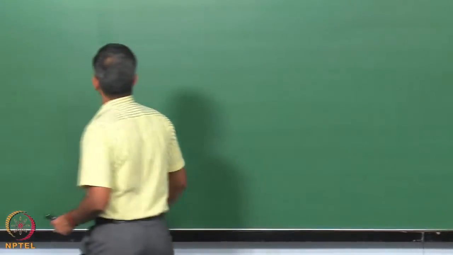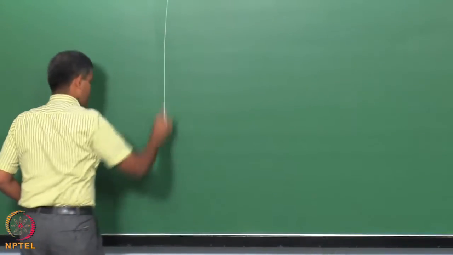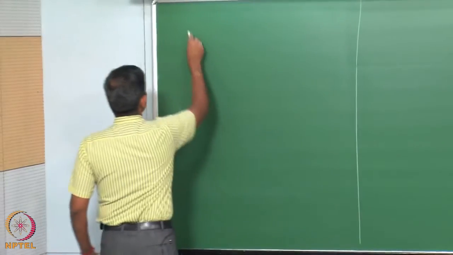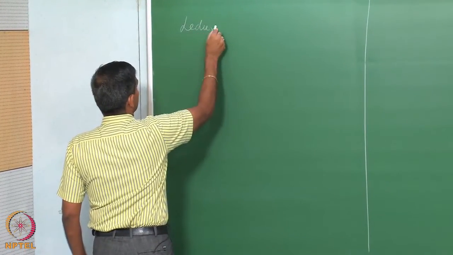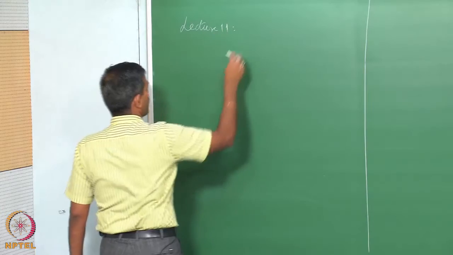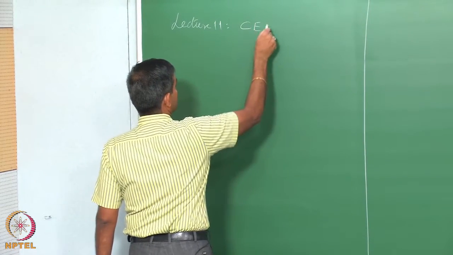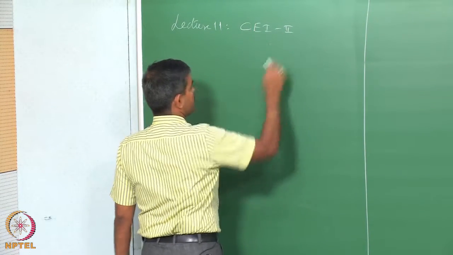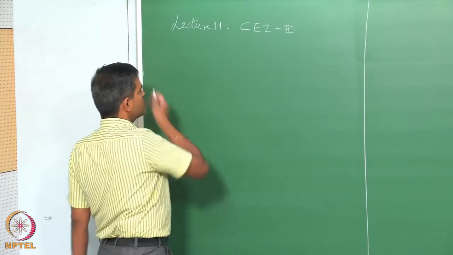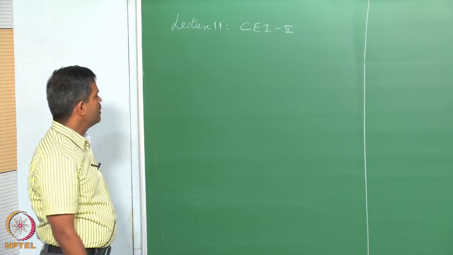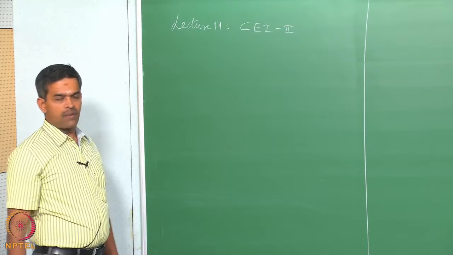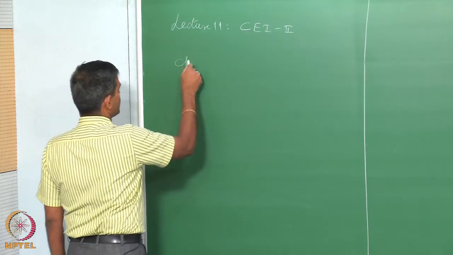Let us look into the 11th lecture in module 3. In lecture 11, we are going to extend the chemical exposure index study, let us say part 2, which is chemical risk analysis. In the last lecture, we discussed the importance of chemical risk analysis